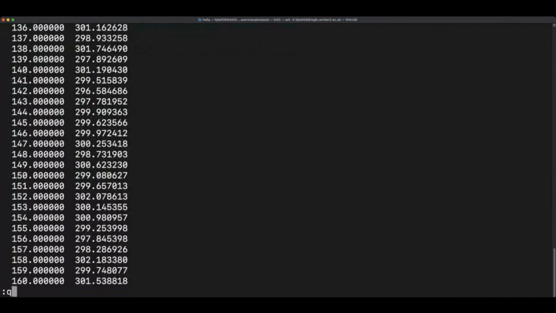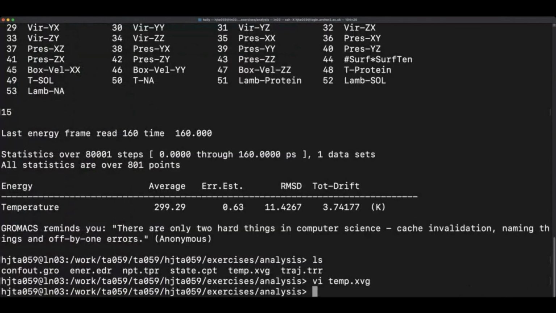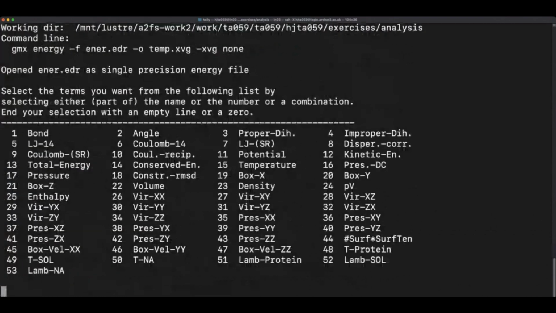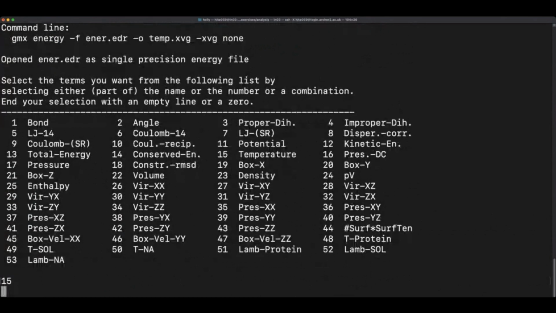Fortunately, on Arch 2 we don't have xmgrace, so you can't plot this as it is. However, we do have GNU plot, which you can access with module load GNU plot. However, that file we just looked at is not quite in the right format for GNU plot. What you can do instead is tell Gromacs to not do any of the xmgrace formatting. So you can have -xvg none on the end. If you generate this again,